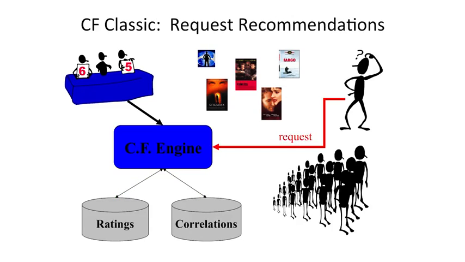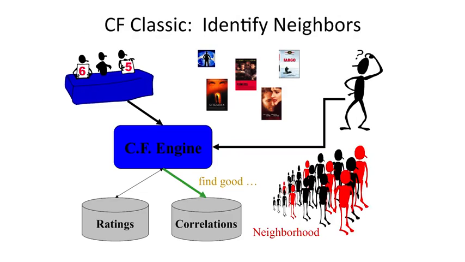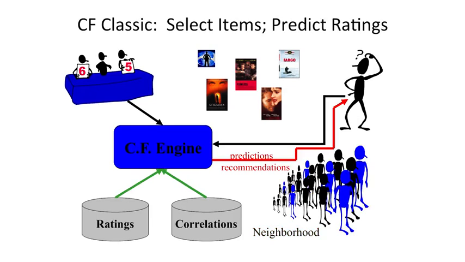When the user requests recommendations, the system uses its correlations to find a neighborhood of users who agree with this user on what movies are good. It then uses those neighbors' opinions to provide recommendations for this user. The idea being that if you agree on a lot of the things you've seen already, then the things seen by this person who agrees with you might be a good recommendation among the things that you haven't seen.